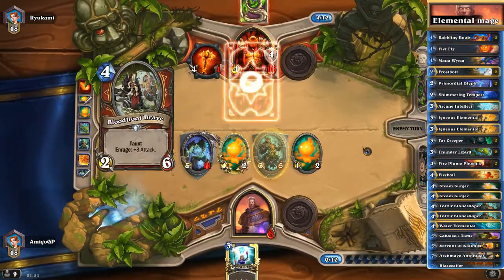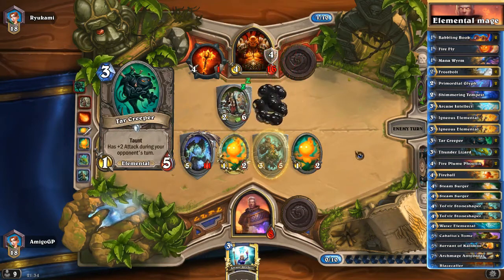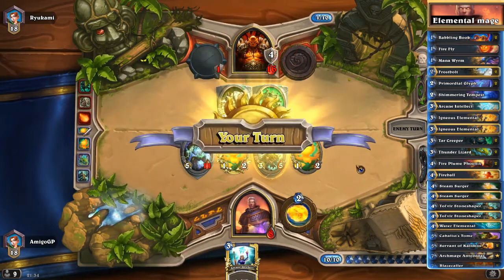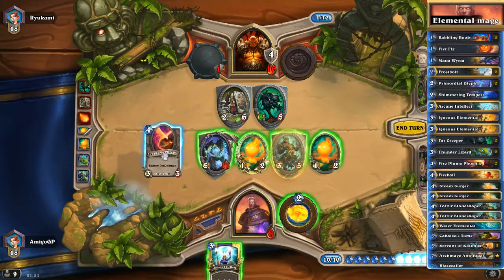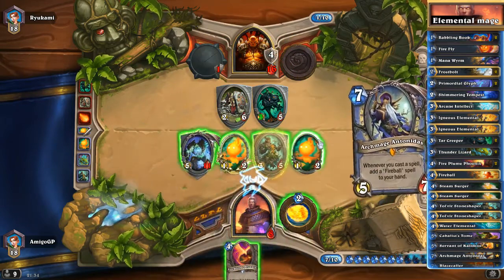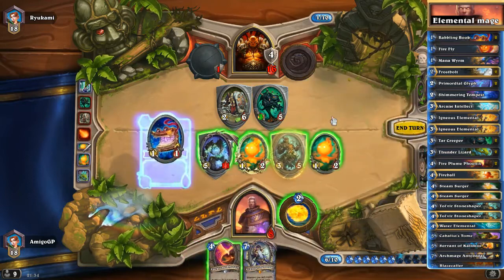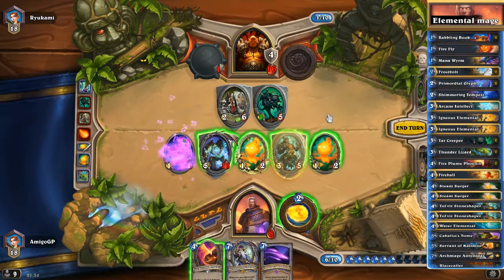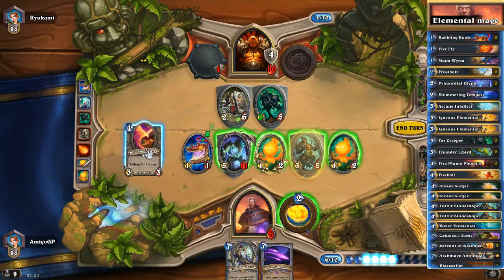But what if he had Ravaging Ghoul? Because he played only 1. He still has another one. Okay, so now he's just taunting up. We need fuel. So we need to just draw first to see what we can get. Okay, we have Antonidas into Babbling Book. Now we will get Greater Arcane Missiles. Could that help us? Maybe if